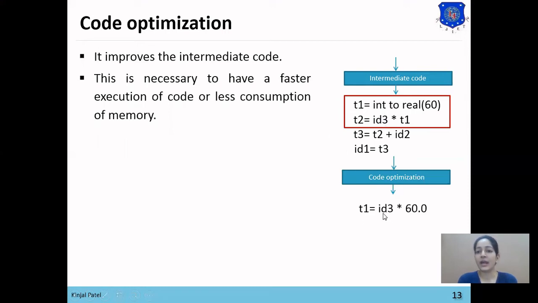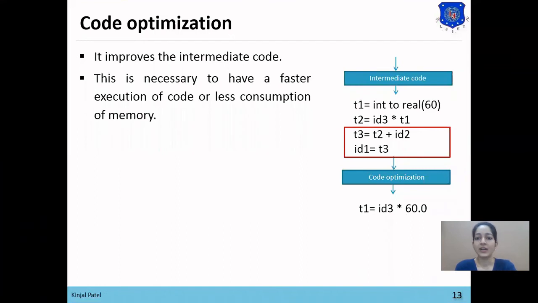T1 equals ID3 multiplied by 60. So now our code has been reduced from 2 lines to 1. Now in the third and fourth statements, T3 equals T2 plus ID2 and ID1 equals T3. So we can reduce these two lines to 1 by directly storing the result of T2 plus ID2 into ID1